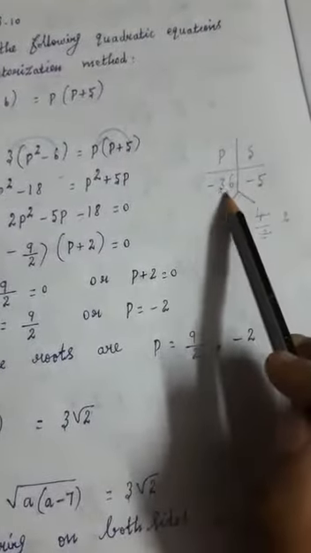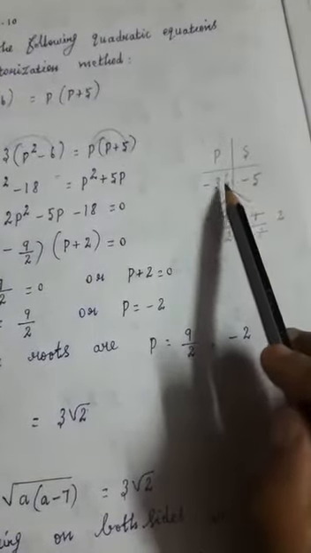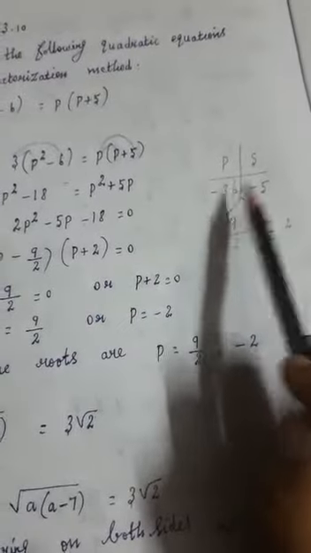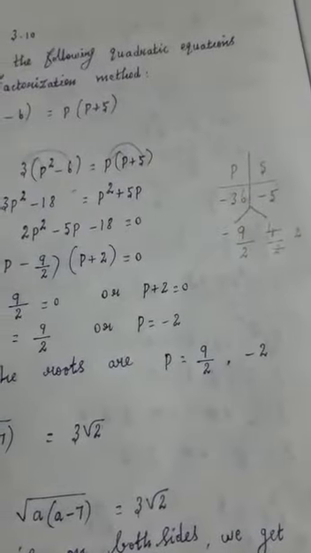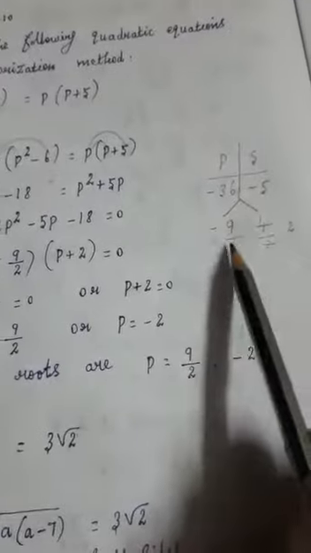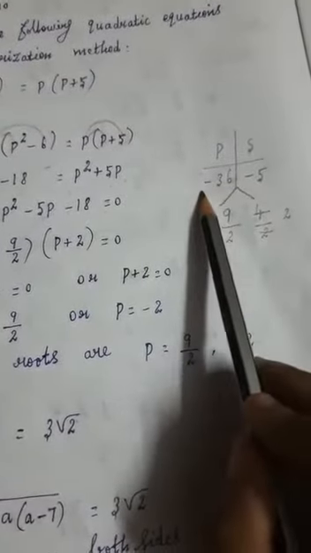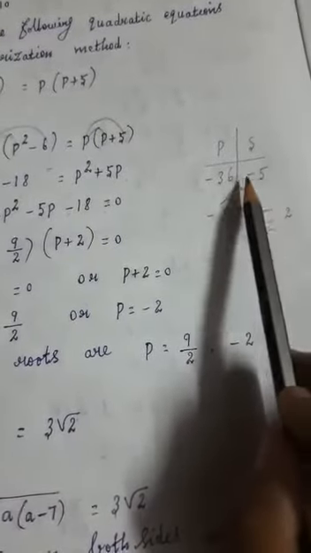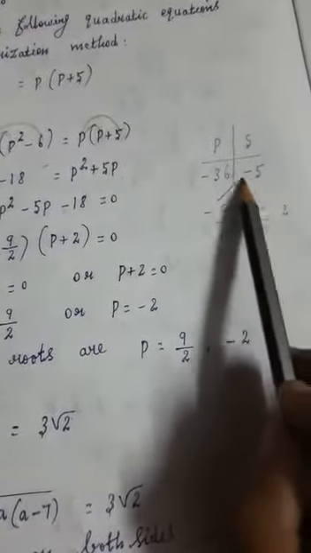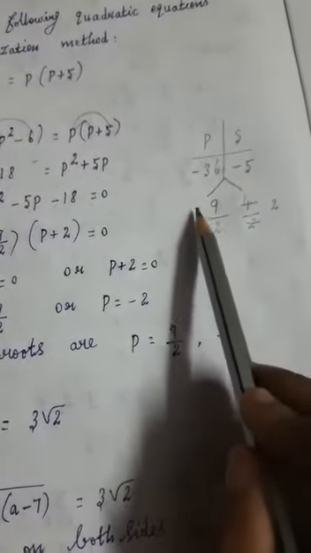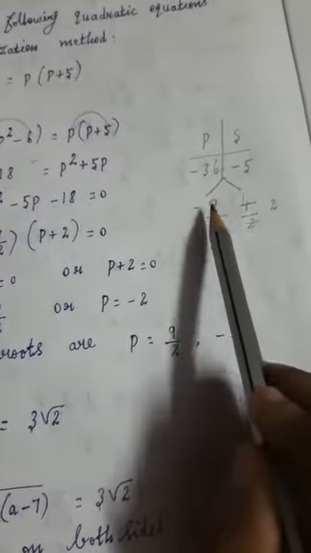Which two numbers are possible? You know that you have 36. First you have to identify the numbers, after that you can adjust the minus and plus. So 36 you have. 9 fours are 36, so 9 and 4. How will you arrange the minus here? When multiplying you need to get minus 36, and when adding you need to get minus 5. So if the minus sign is on the bigger number, then the addition will also give minus. So put the minus on the biggest number: minus 9 and plus 4.